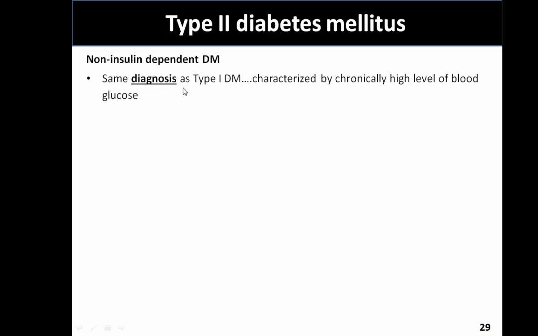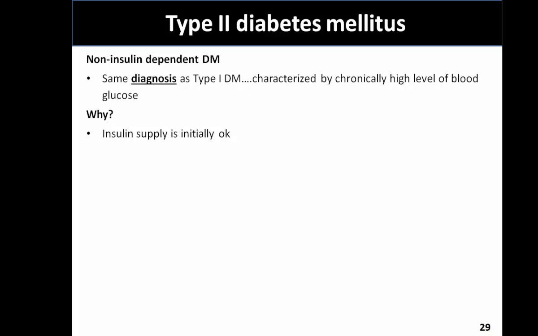In terms of type 2 diabetes mellitus, it carries the same diagnosis as type 1. It's characterized by a chronically high level of blood glucose under fasting conditions. So recall, after a meal, it is normal that blood glucose increases, but we expect those blood glucose levels to go down after a fasting period of 6 to 8 hours. But we see here in a person that is afflicted with type 2 diabetes mellitus, although the signs and symptoms, the diagnostic criteria, are the same,